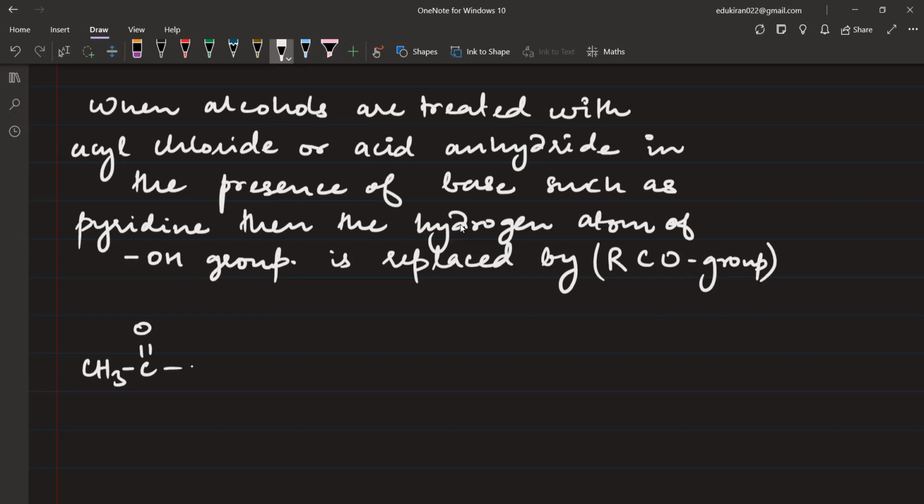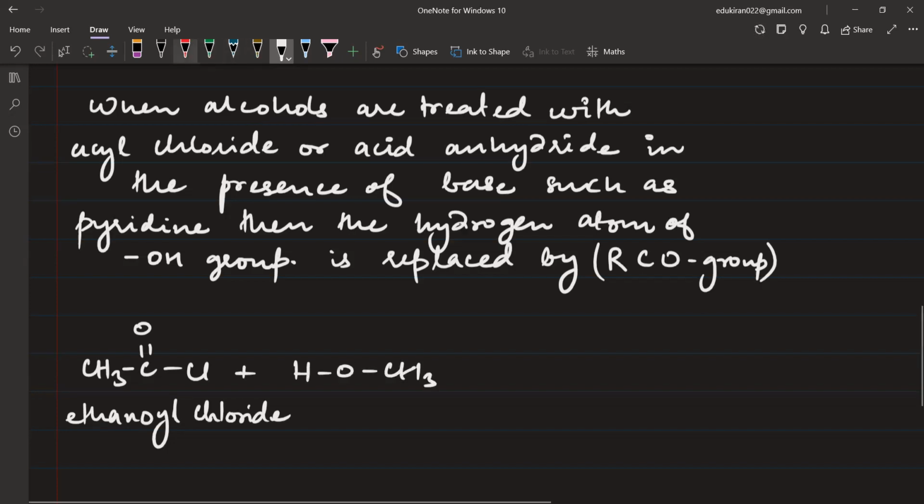Here is CH3 C double bond O, Cl. This is ethanoyl chloride. Okay, so this is an example of acid chloride. It is said acid chloride because this chloride is being made from carboxylic acid. Okay, that's why it is known as acid chloride. Thus, we will react an alcohol,